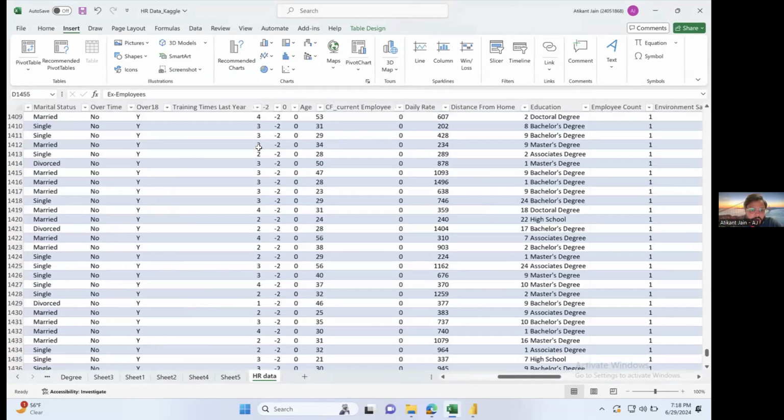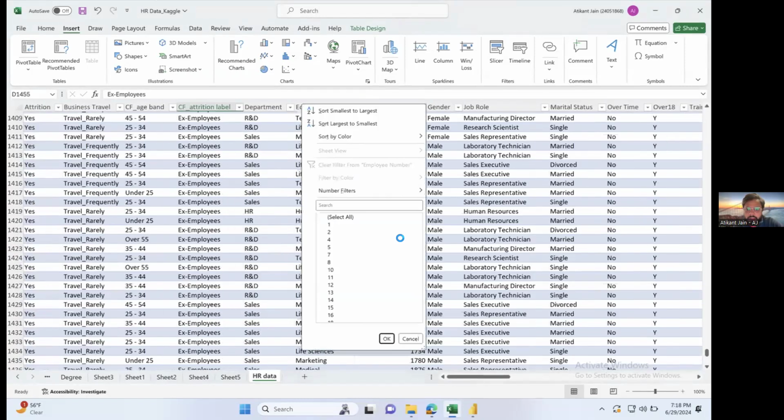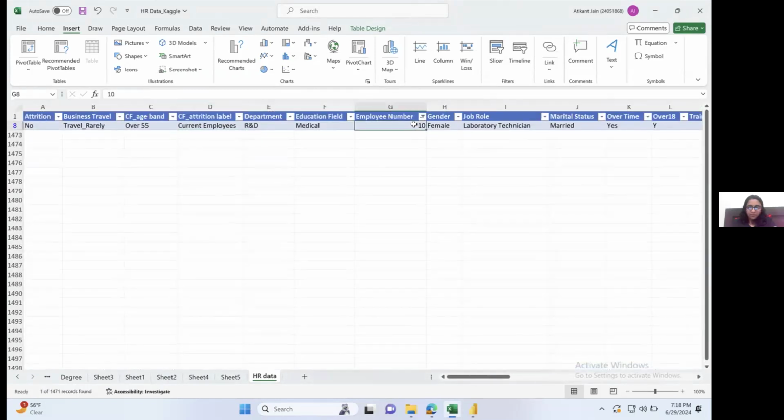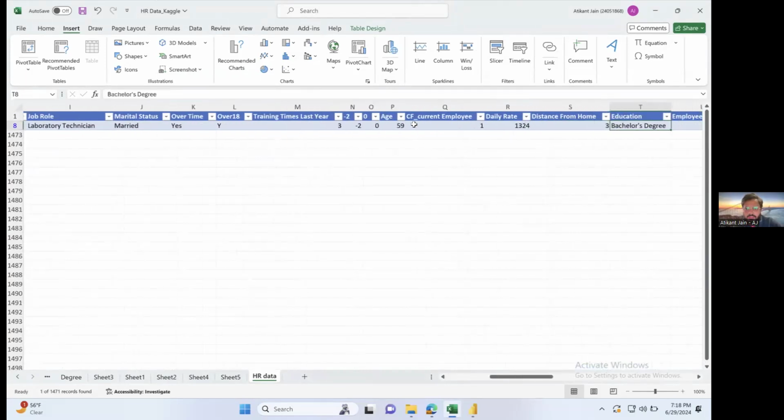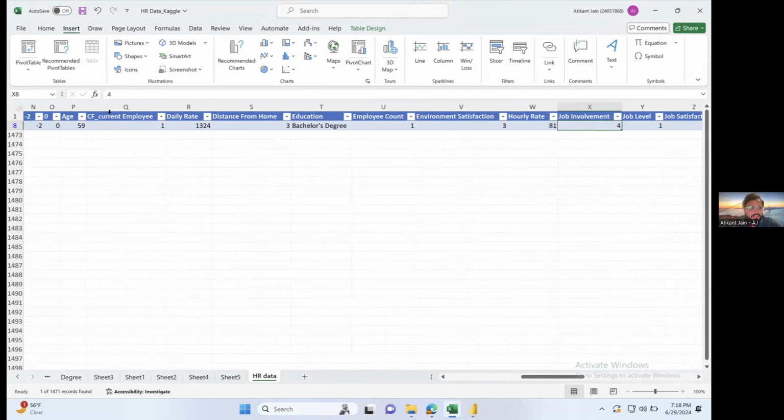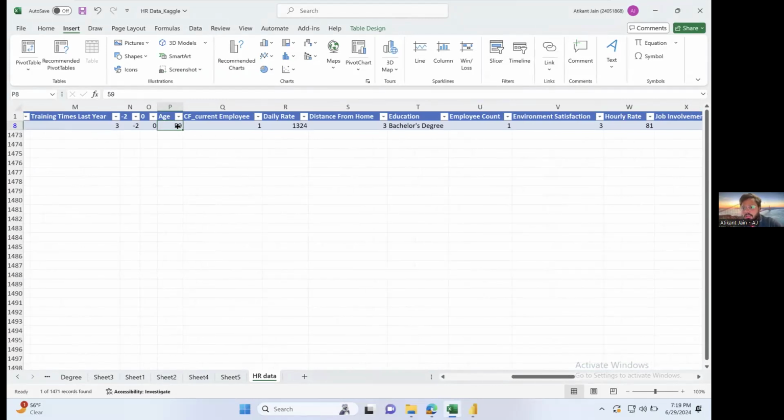Where is my employee ID, employee number? Let's take 10. Employee 10 is female. Her age is 59, right? So let's say today she is in the 45 plus group. Of course, next year also she will be in the 45 plus age group, but her age will become 60. And if you change it manually here from 59 to 60, then it will be automatically